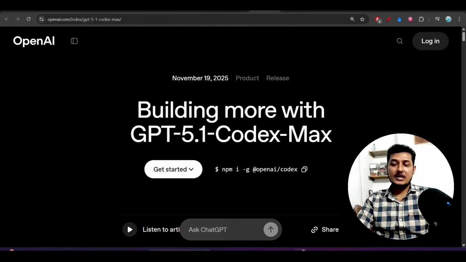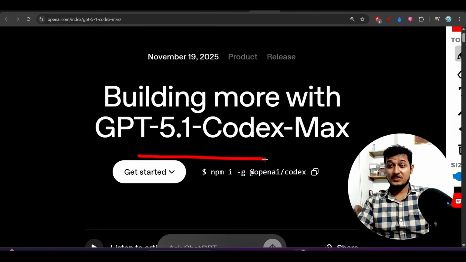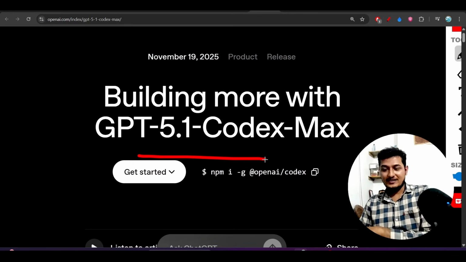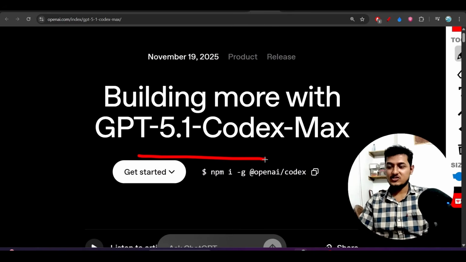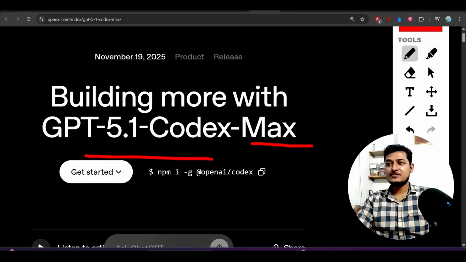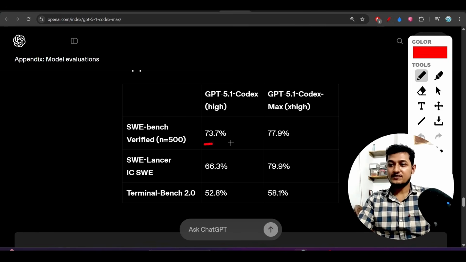And there is huge and important news, which is GPT-5 Codex Max. Many of you already expected that there would be GPT 5.1 Codex Pro or High or that kind of thing, but they have just published this Max version. And the interesting thing is that they have 73.7% accuracy for the GPT 5.1 Codex High model,